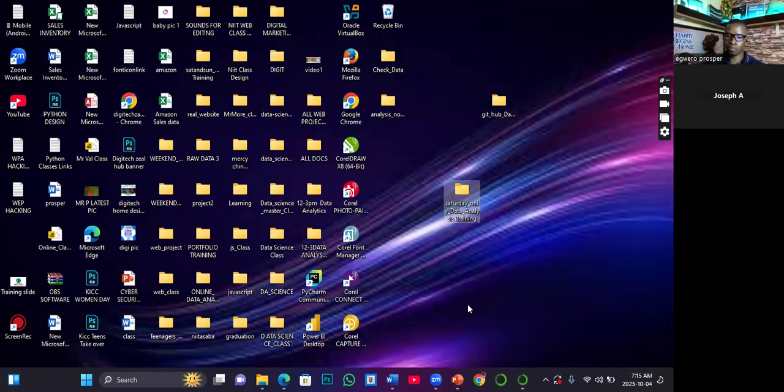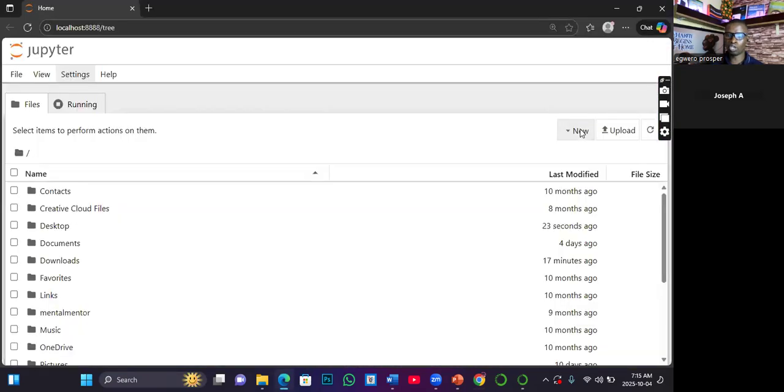Once you have created a folder, in a real sense, when we start analyzing data, all the data we want to analyze through the notebook we want to create must be located here. For now, since we are still learning pure Python, I don't want to bother myself adding data. So I will just go back to that directory and then click on new to create a new notebook. But before that, we need to reference that folder so that we'll be sure that the notebook is going into that folder. That folder was created on desktop.